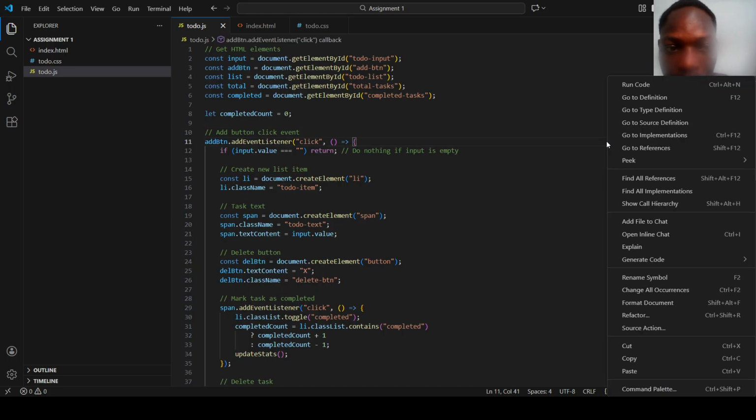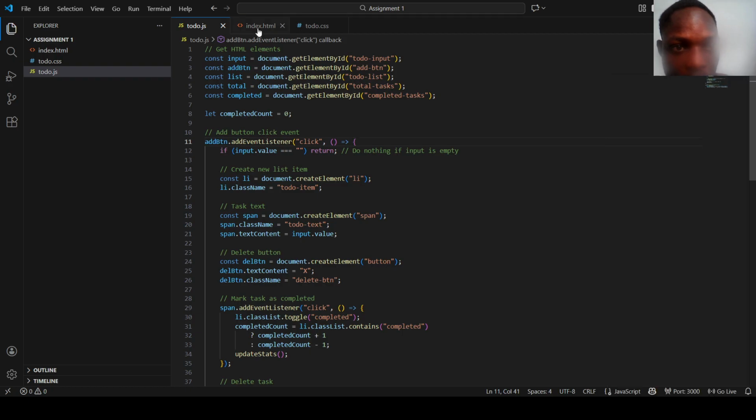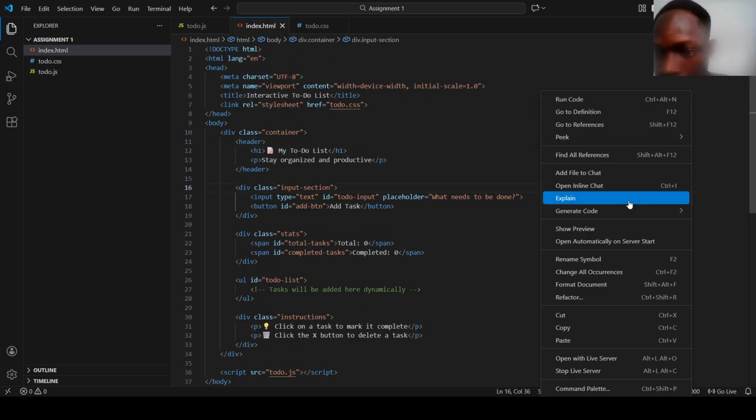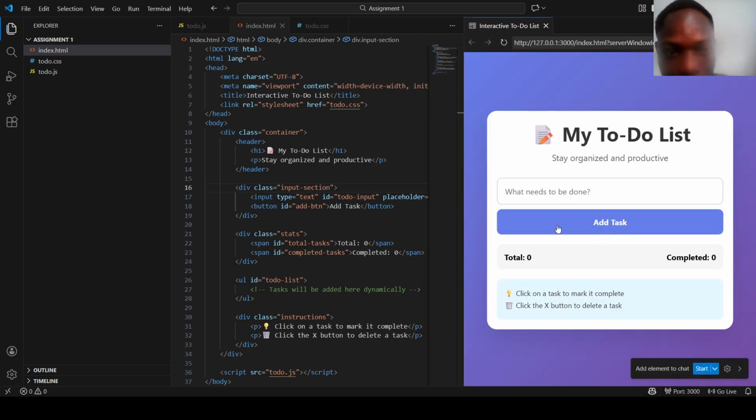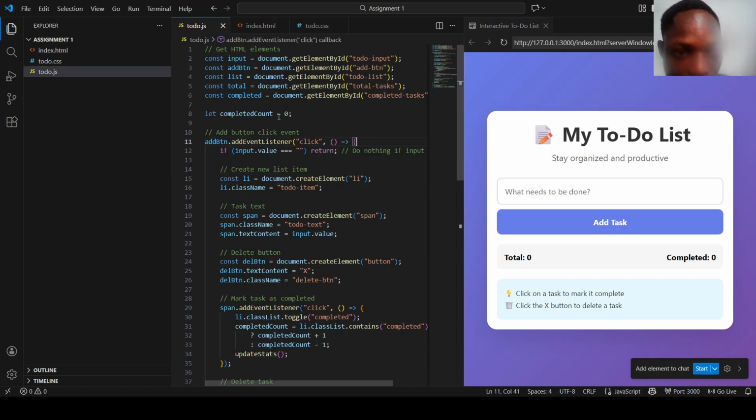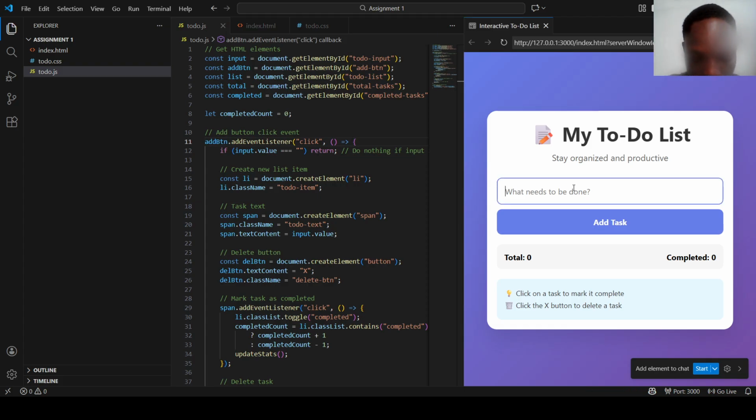Let's open our web page and see something. So here's our web page. We said let completedCount equal 0. What this does is that it shows the number of tasks completed, and it starts from 0. So if we are able to complete the tasks over here, let's take for instance,